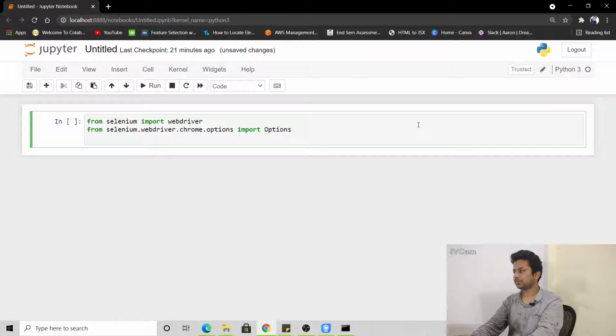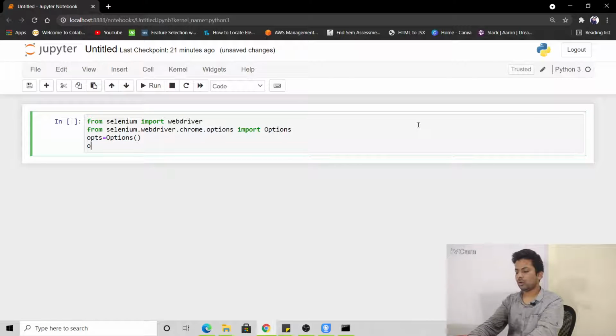Then we'll say opts equals to Options, and opts dot add argument dash dash headless.